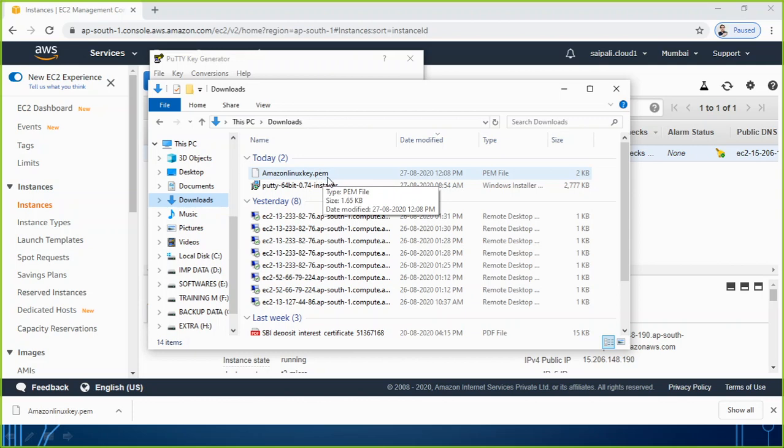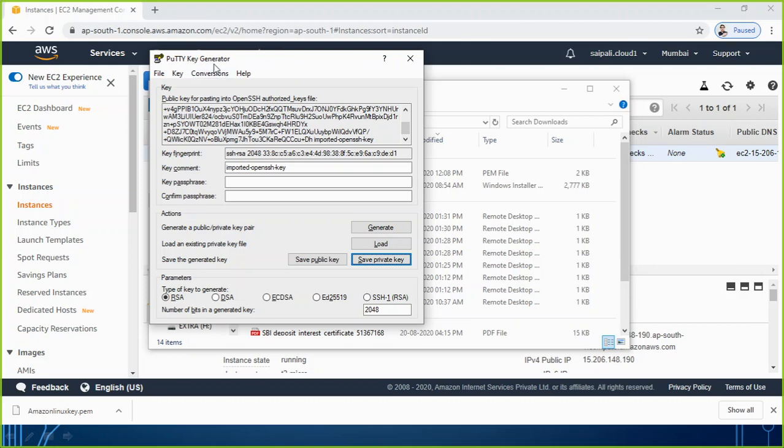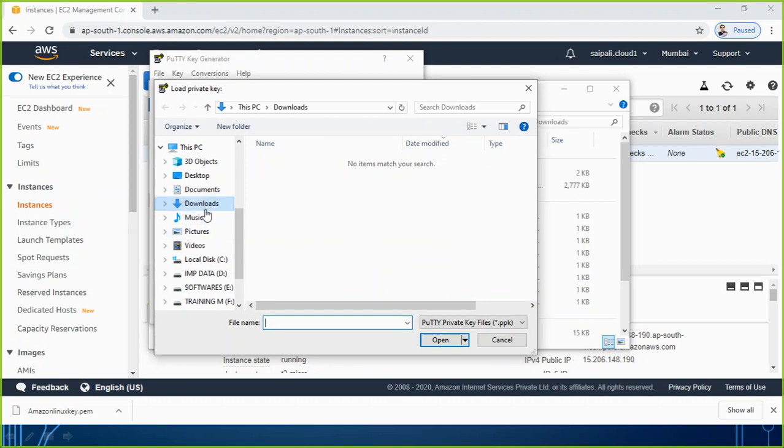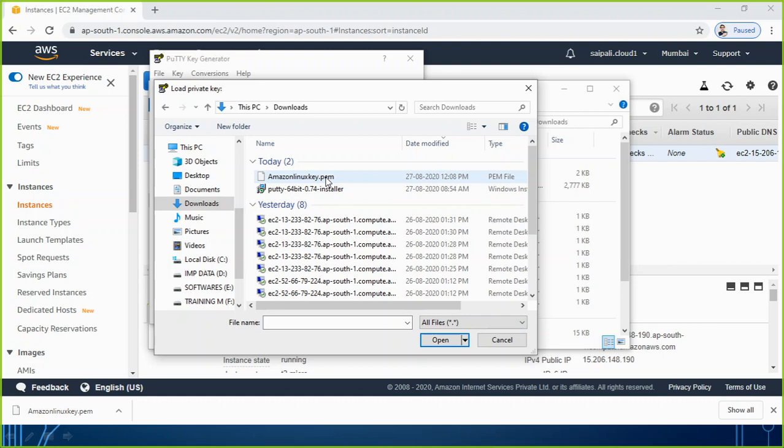To convert it from PEM to ppk, I am using PuTTY key generator. The first task is to go to load and choose the PEM file which I already have. This is the file which I downloaded when I was making the key pair of the instance.